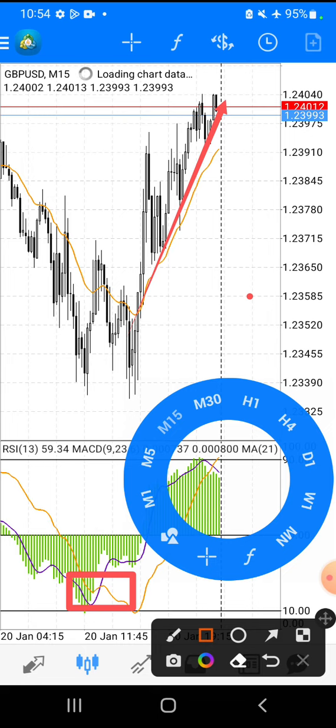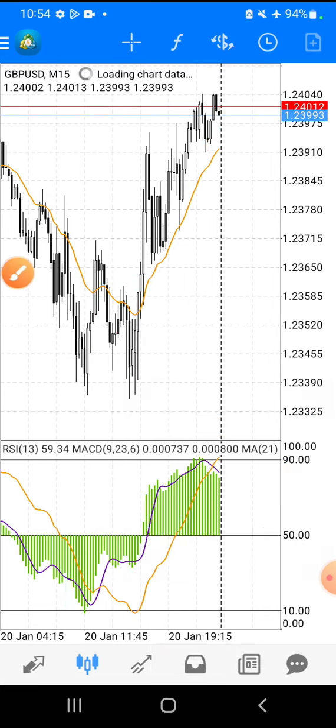So our entry point would then be here on our main chart. We're going to want to see our candlesticks crossing to be above that gold line, showing that we are now in an uptrend, and then we can easily enter a trade like that. Can you see? This is what we want, and this is why we were supposed to enter at that point. That's how a buy trade should look.